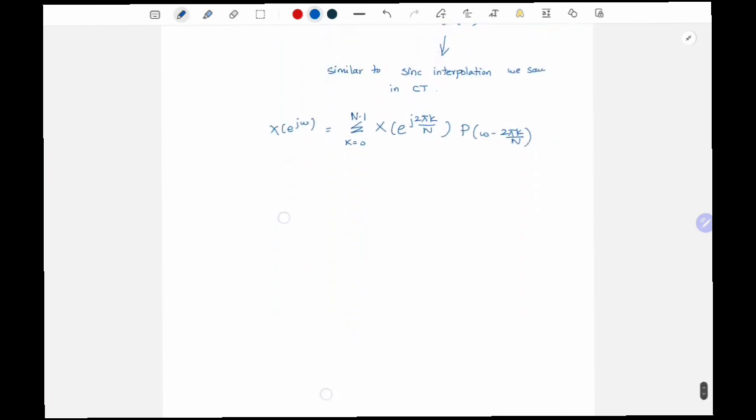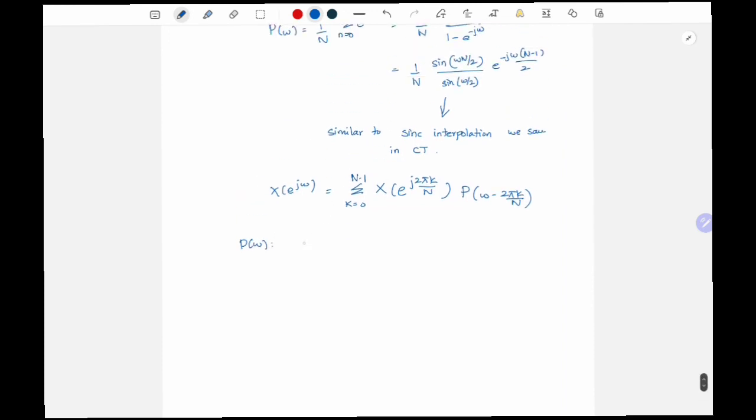And if you look at the nature of P(ω), which is nothing but 1 by N, sine of ωN/2 by sine ω/2, e^(minus jω(N minus 1)/2), so if we just look at this part,